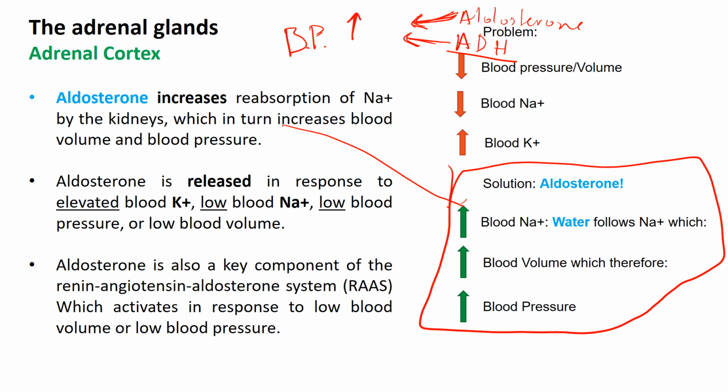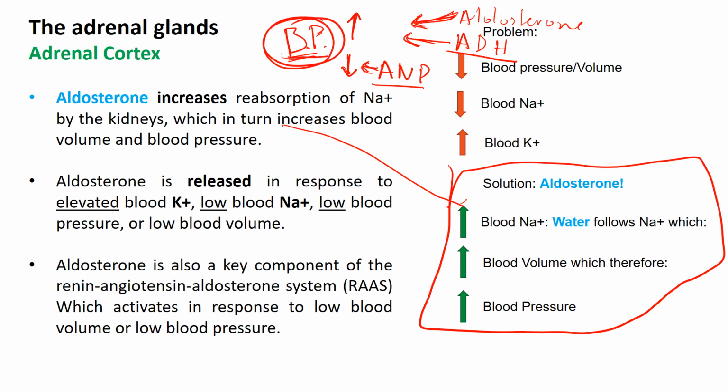Now there's another hormone that is related with low blood pressure. When this hormone is released, the purpose is to bring your blood pressure down. This is a hormone called ANP, and we have not reviewed that yet. But those are the three hormones that are important for your exam to remember,